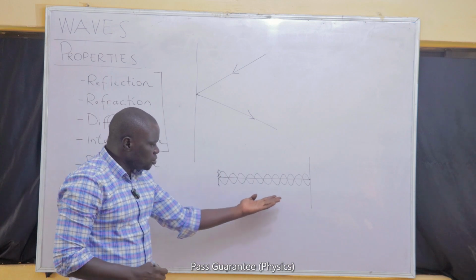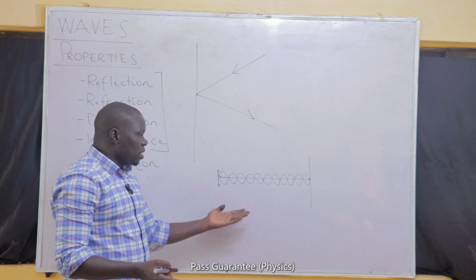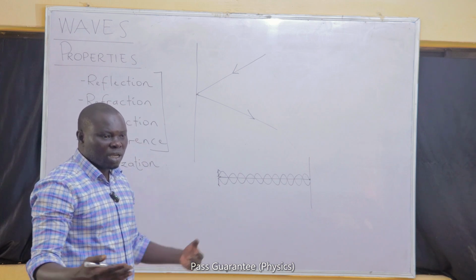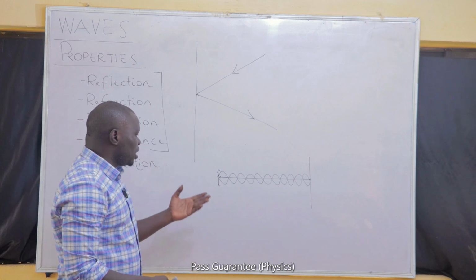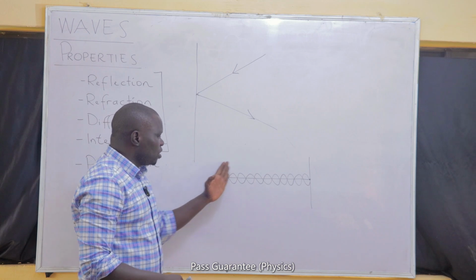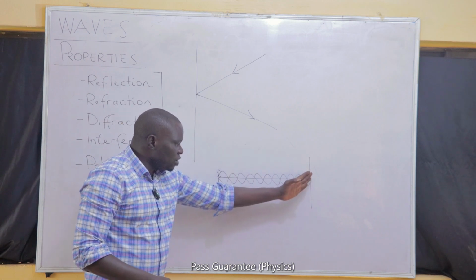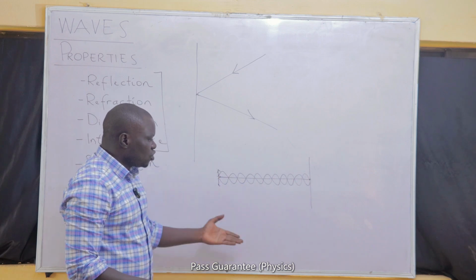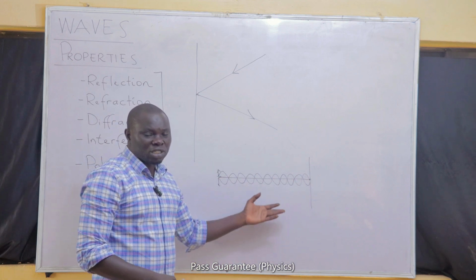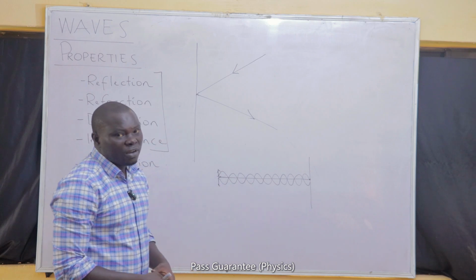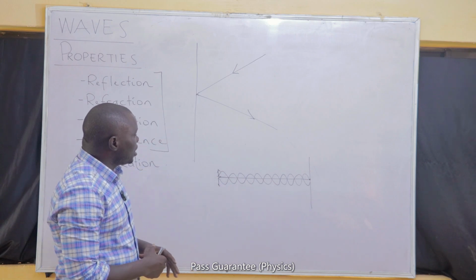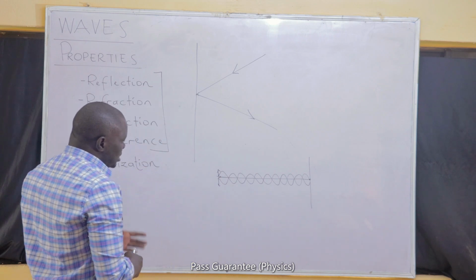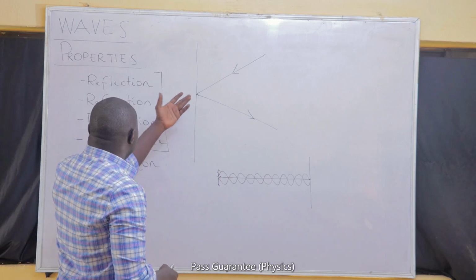And we have already discussed this before. This is a stationary wave. Remember we said that for a stationary wave, there must be two waves, and the two of them must be traveling in opposite directions. One way by which you can generate a stationary wave is for the wave to move in a direction, and you have this reflected wave moving in the opposite direction. If the two of them are combined, that means being generated continuously at the same time, then we have a wave that looks very much like this. So that is an example of a stationary wave.